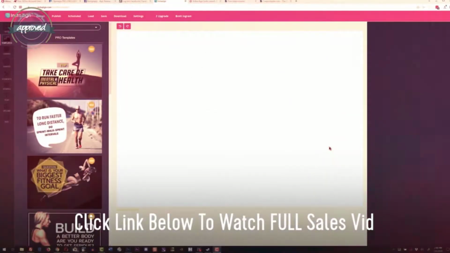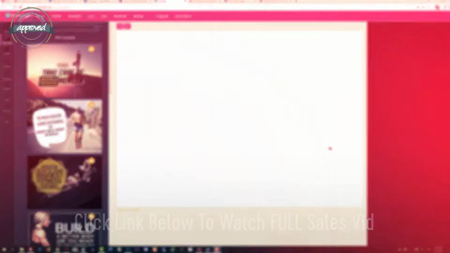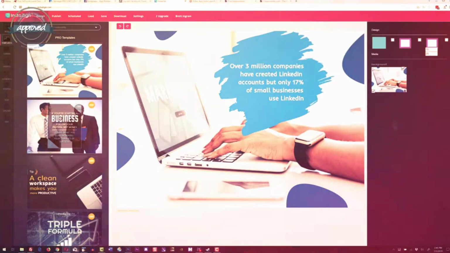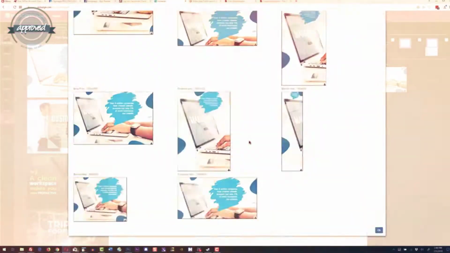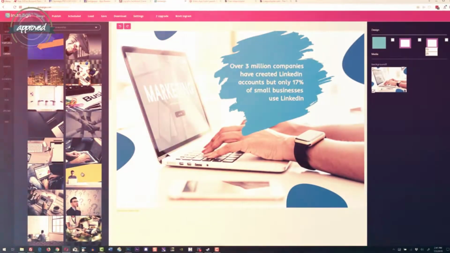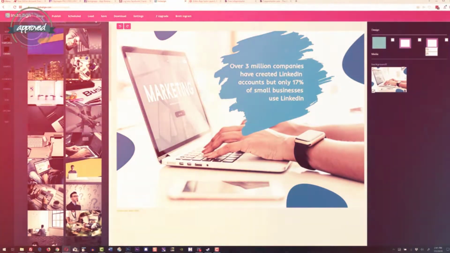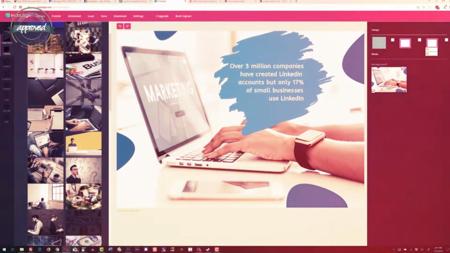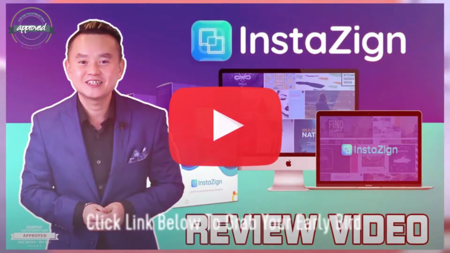I'm gonna show you how InstaZign is like your very own, and in literally one click, if I wanna create, just click on size, and I can create all these different banner sizes that I can entire graphic. I can change out the background if I want. I can change out the text. I can add different things like